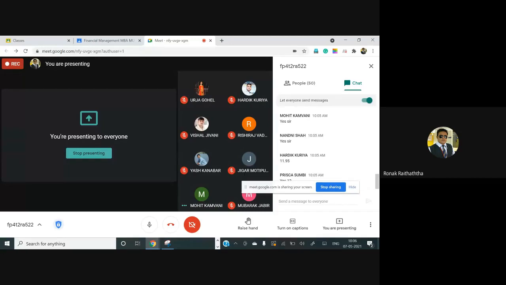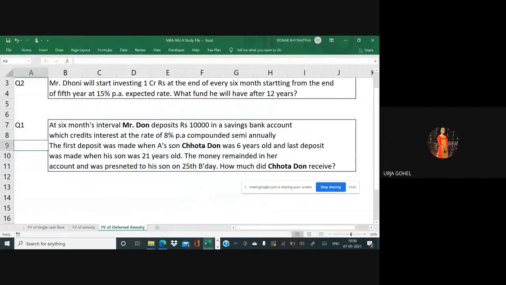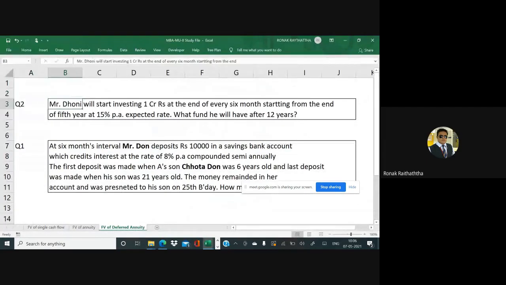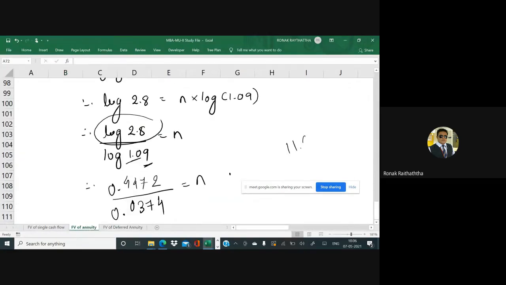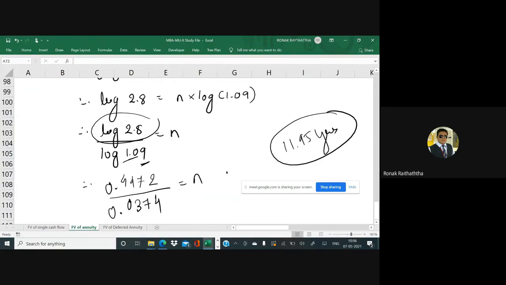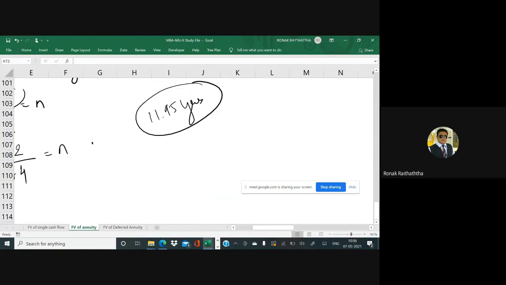You may write it up to 4 digits after the point, so that the examiner will be able to get it correctly. So I'm not writing 12 here. I'm just putting 11.95 only. Okay, sir. Okay, let's move ahead. Then you can further convert it into months. So say if you have got 11.95 years, then 11 years is pretty easy to understand. But what do we mean by 0.95 years?